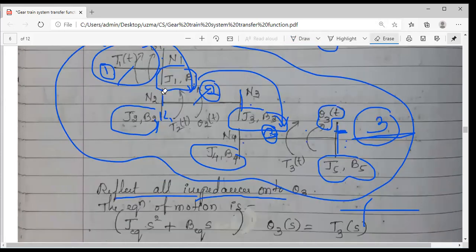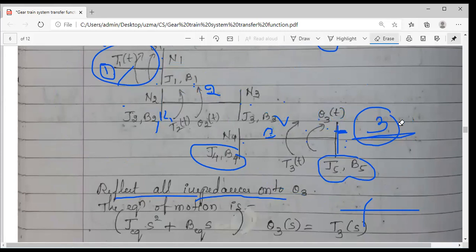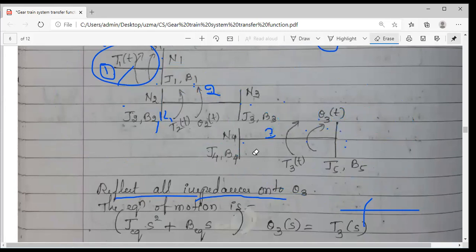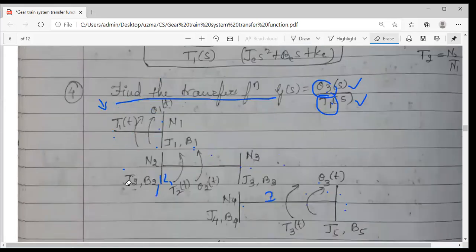And one more thing I wanted to show you here. Check the directions of torques. Just for your information, I'm telling you. Observe, this is the given torque applied. Because of this, when this gear moves, obviously this will also rotate. There will be a developed torque, and obviously this will be in the opposite direction. If both are in the same direction, rotation is not going to happen. They both should move in opposite directions. That is common sense.